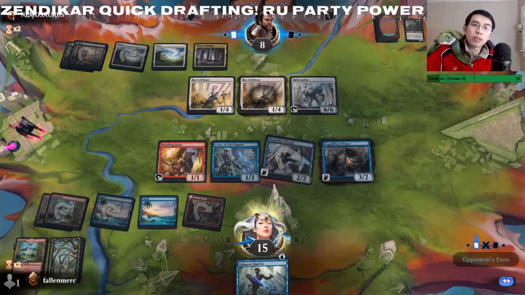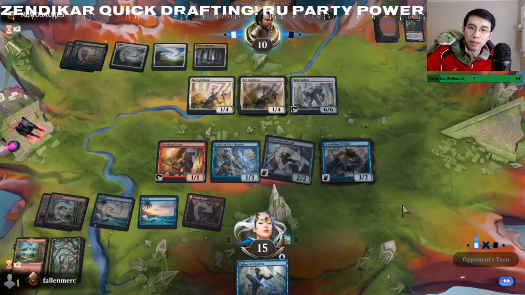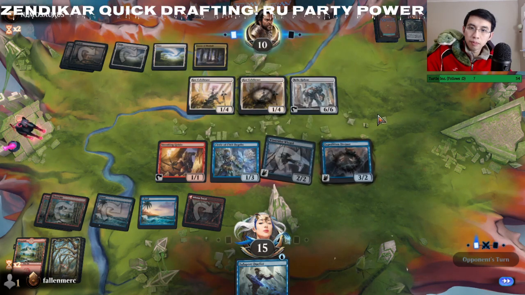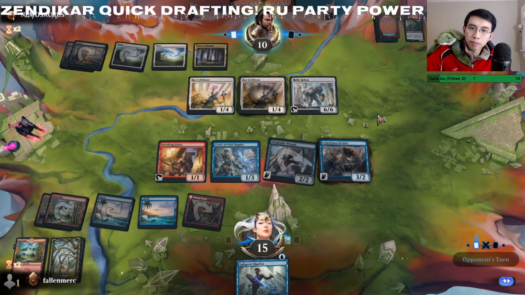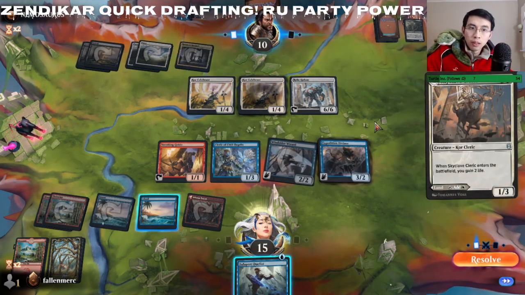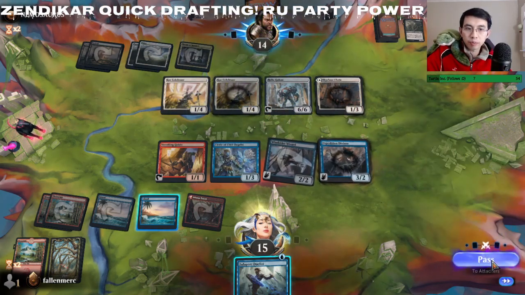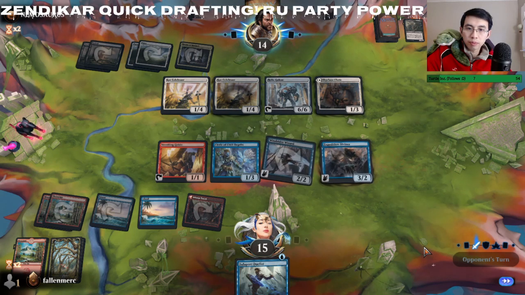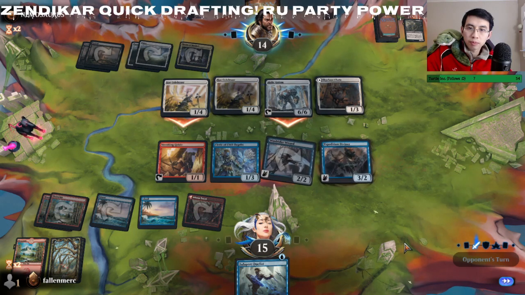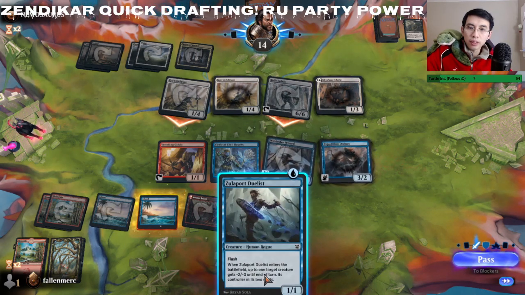Our opponent has another Core Celebrant. Alright, that's kind of lucky. Wow. So our opponent gains 1,000,000 life. Our opponent attacks with those 2, so what we can do here is